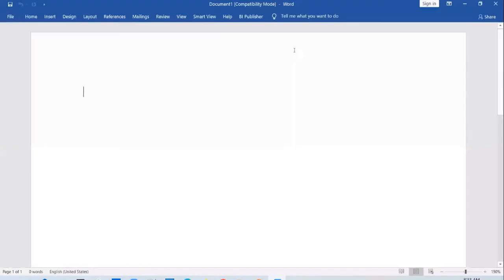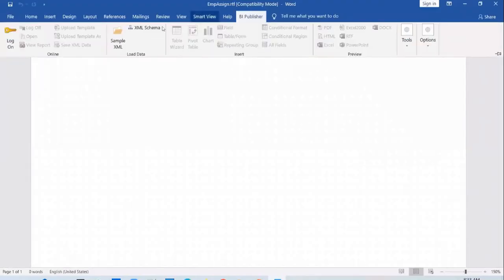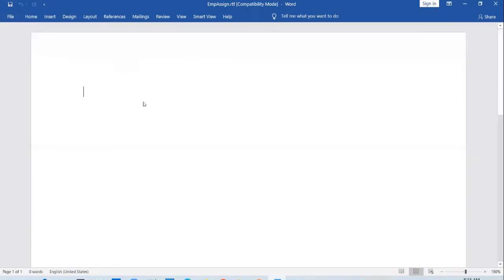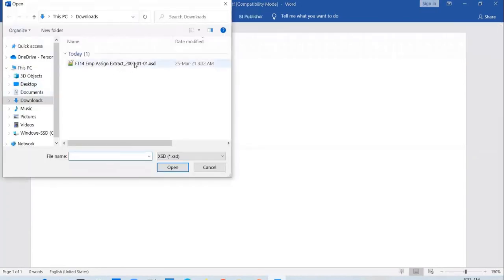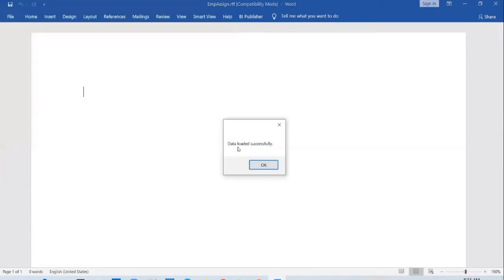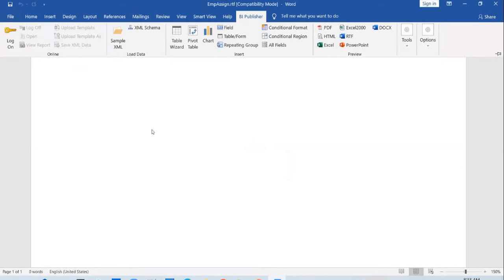Okay, and you can load in that. Go to BI Publisher, and instead of loading a sample XML, you will load in the XML schema. You can load in the schema that you have exported, the XSD, and then you can start defining the template.